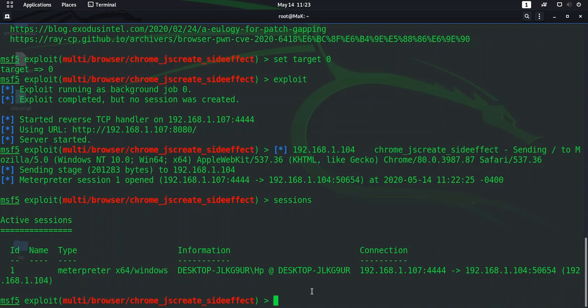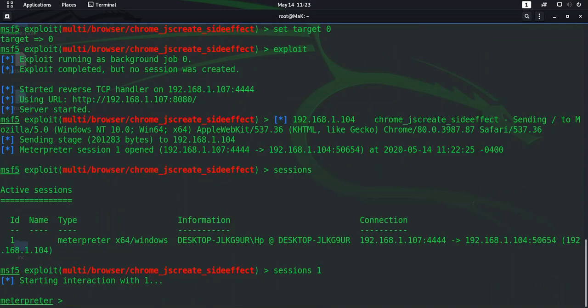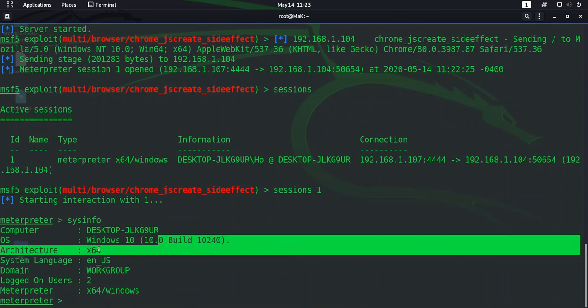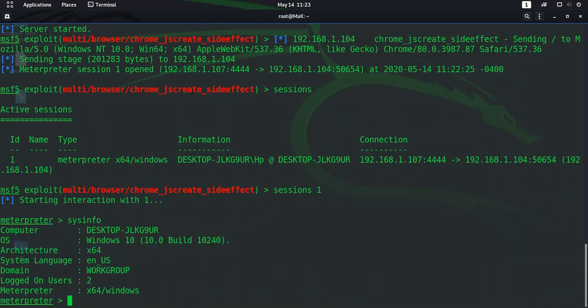Okay, so let me just select the session and boom, desktop, Windows 10, everything is set. Okay, now let's have a little fun.